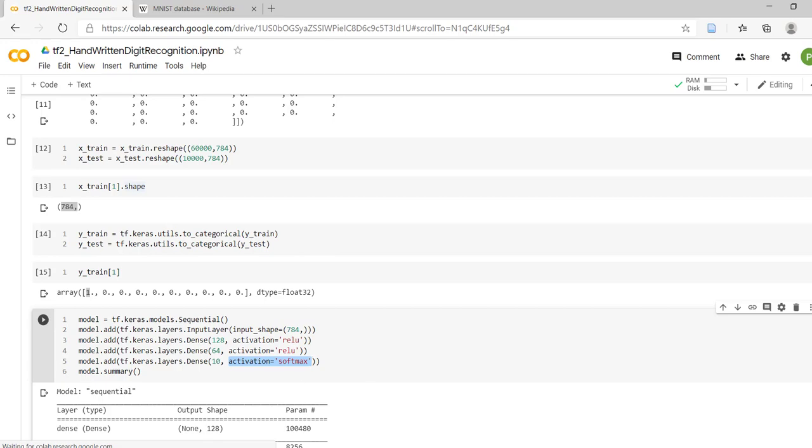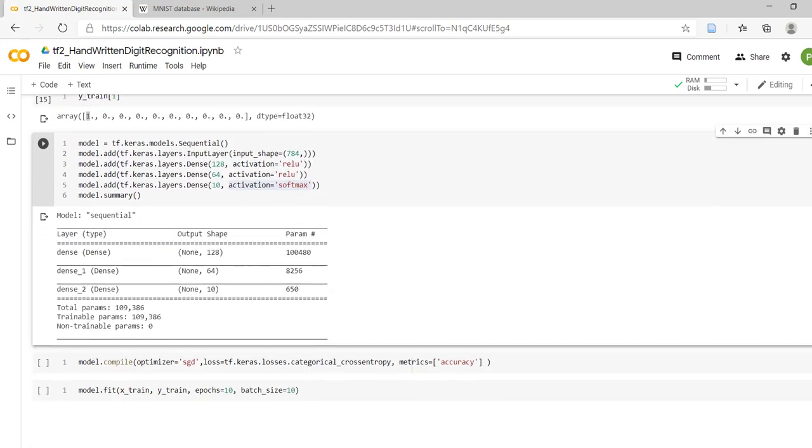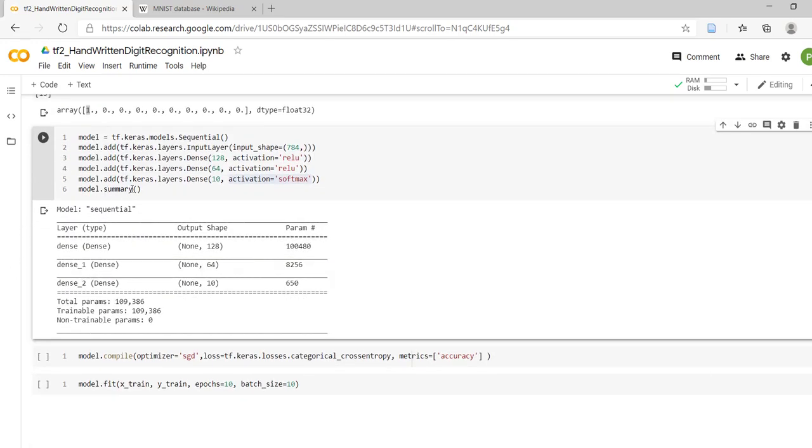Now we can print the model summary also, and that can be printed with the help of model.summary. So we are getting the model as Sequential. The first layer is a dense layer, which will be an input layer having input size as 784. Now this layer has 128 neurons. How are we getting this parameter value?